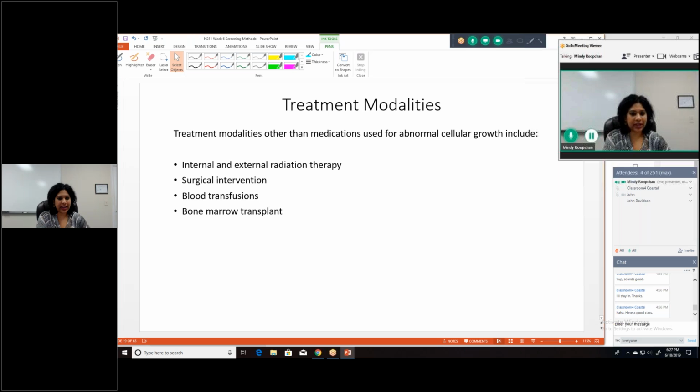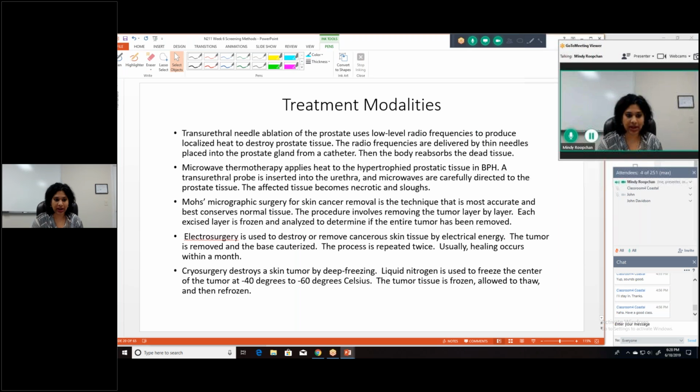So let's move on into the treatment modalities now, surgical and non-surgical. So we have treatment, other than medication that's used for abnormal cell growth: internal and external radiation, surgical, blood transfusions, and bone marrow transplant. So treatment for